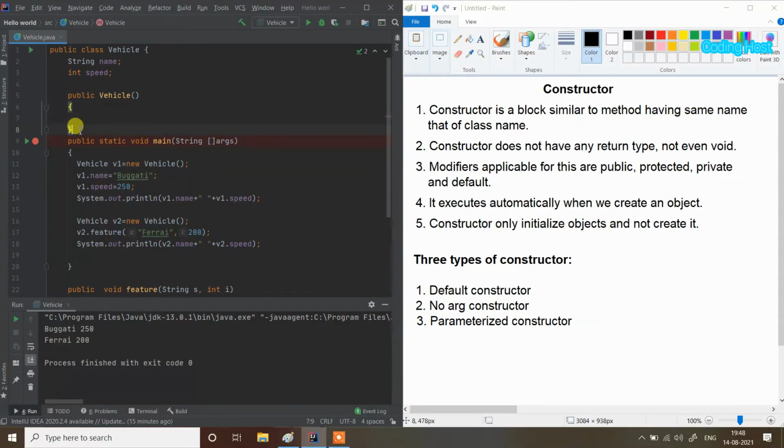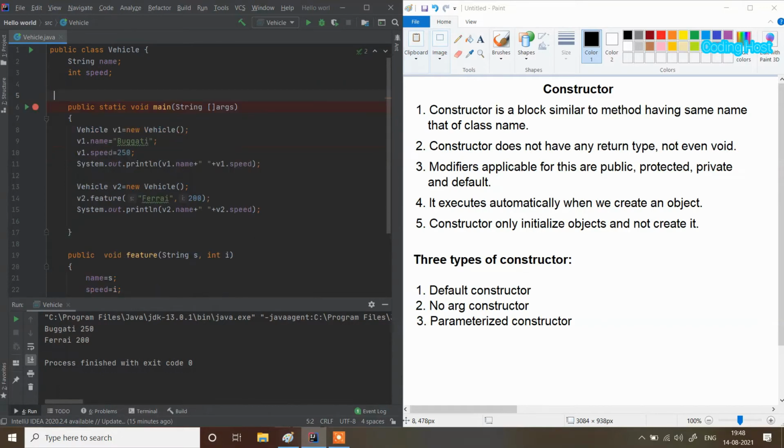Suppose I am not making any constructor here, but still when we make this object, a constructor will be automatically generated by the compiler. It is an empty constructor, and it will not do anything because it has no parameters. We cannot see it right now, but it will be created by the compiler whenever we make an object. So this type of constructor is known as a default constructor.